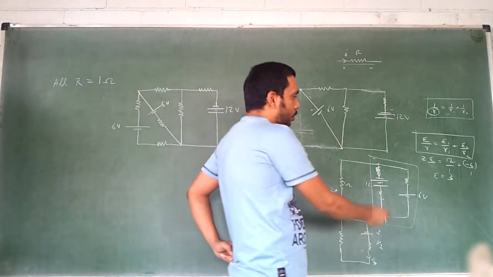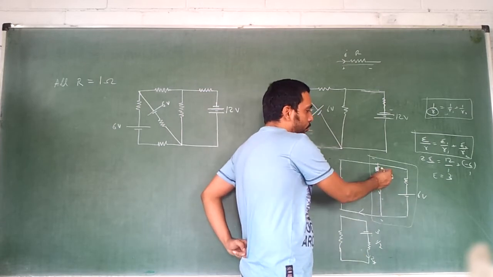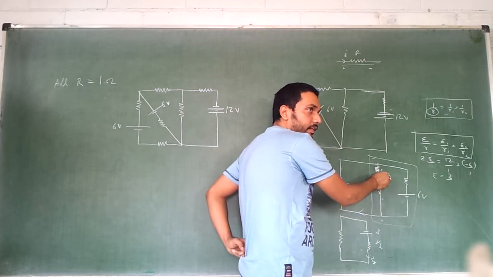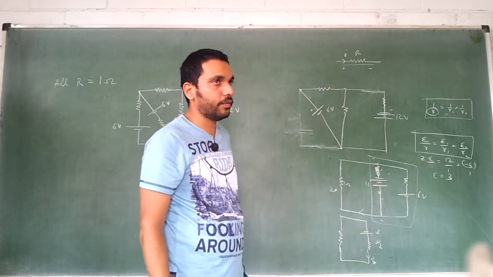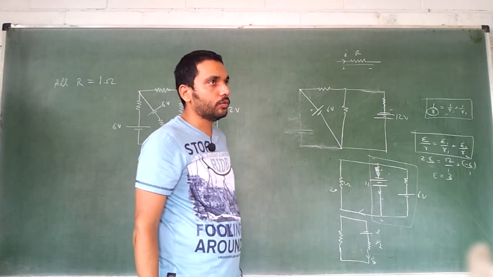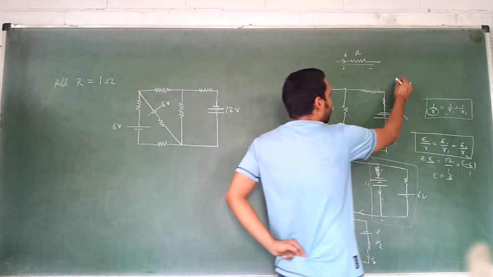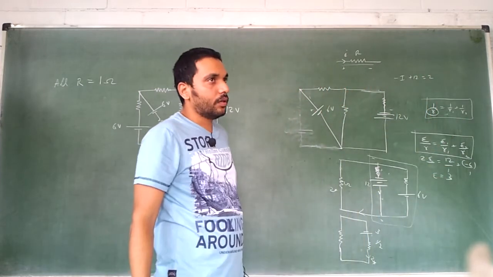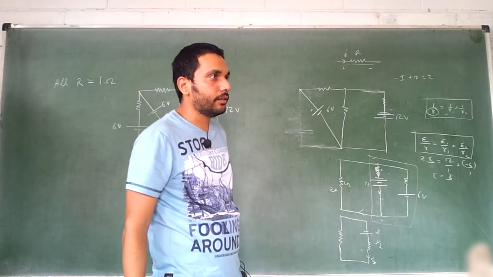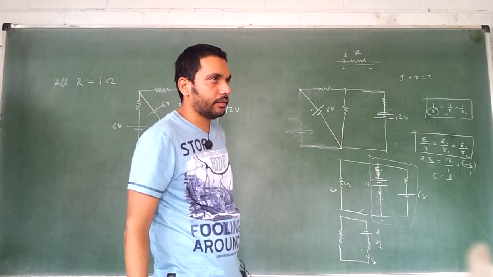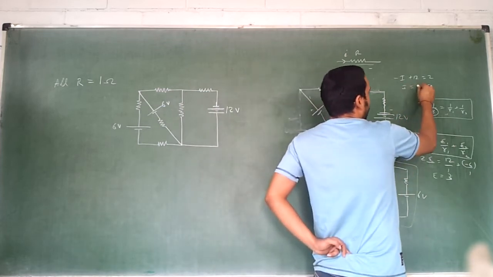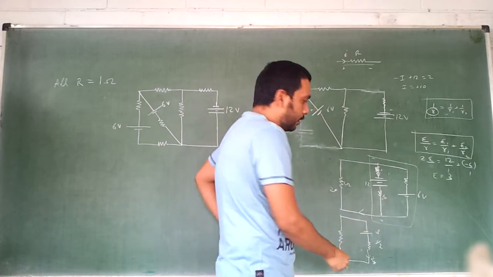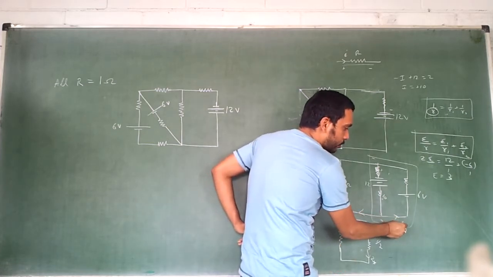Okay, so how much is this? Minus, this was 1 ohm resistance, I you don't know, so minus I, and then plus 12 is equal to 2. So how much is that I? I is equal to 10. Right? I is coming as plus 10. 10 is going over here. Right? 2 is going out. 8 must be going in this or not.